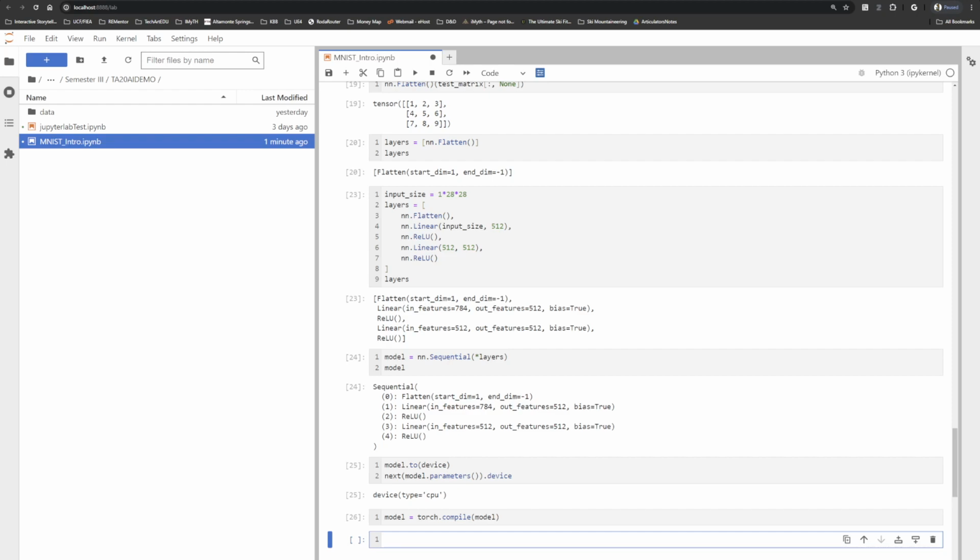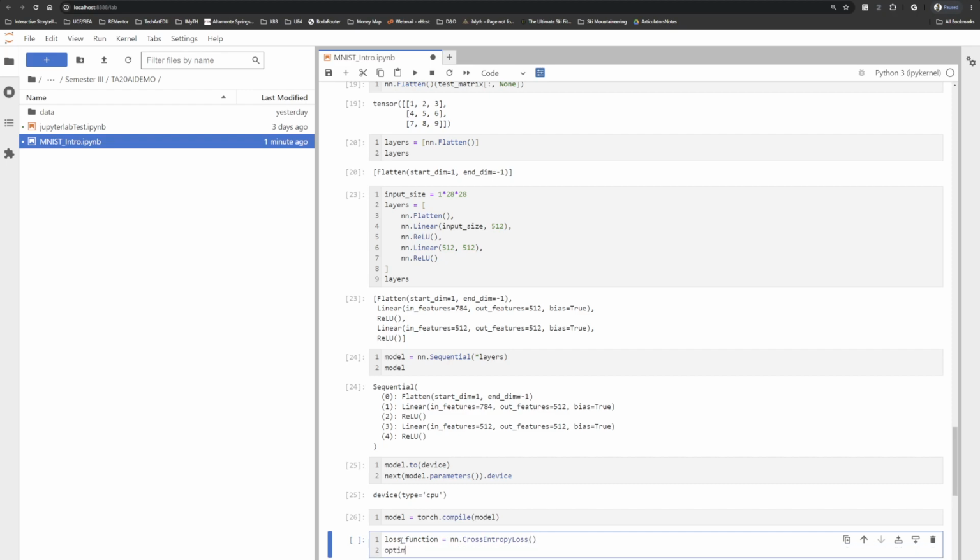All right, now that we have compiled our model, we have to prepare some other information. The first bit of information we're going to create is called a loss function. We'll go into a little bit of what a loss function is, but know that a loss function is essential in order to help train our model. So every time we execute our model on some test data, we want it to learn from it, and the loss function tells us what's a good strategy for learning. We're going to call that a cross entropy loss,